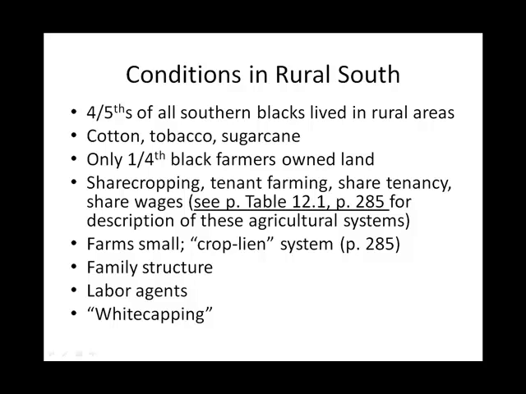As I mentioned earlier, in the late 19th century, about 90% of all African Americans still lived in the South, where they worked the region's cotton, tobacco, and sugarcane farms and plantations. Only 1/4 of Southern blacks owned the land they farmed. Most were locked into sharecropping or tenancy agreements with white landowners. They had little to say about what or how they would produce these crops, or even, in some cases, which family members would be employed.